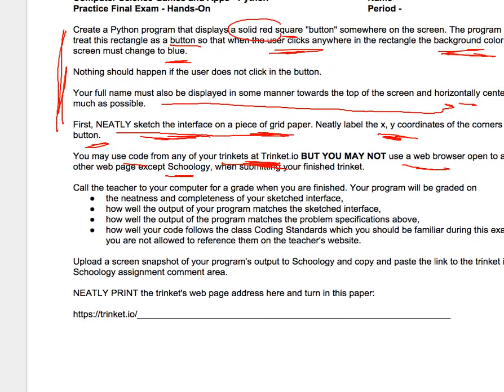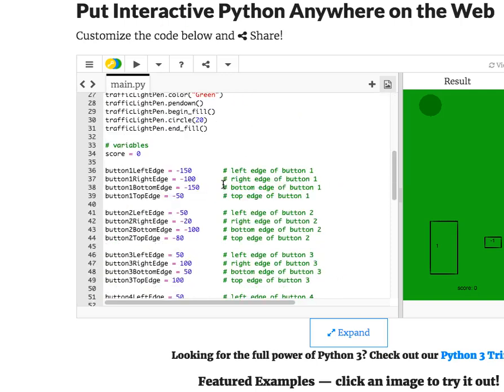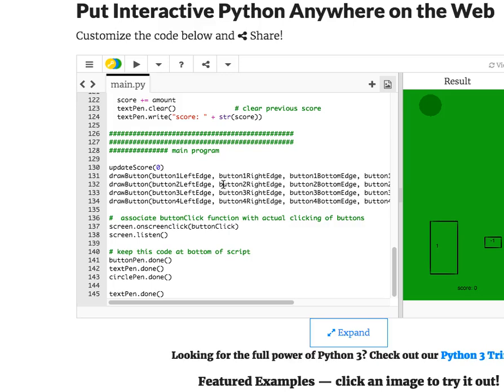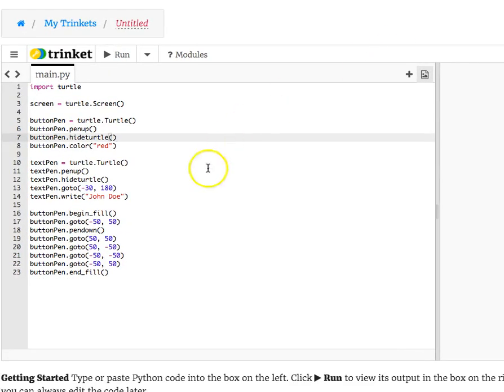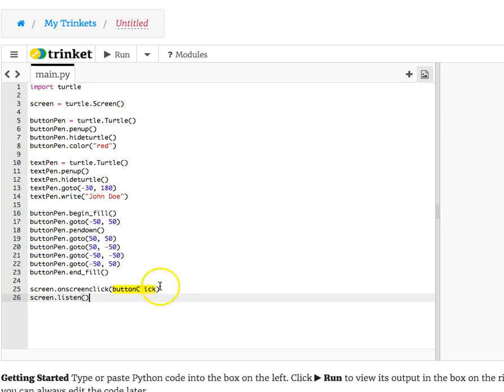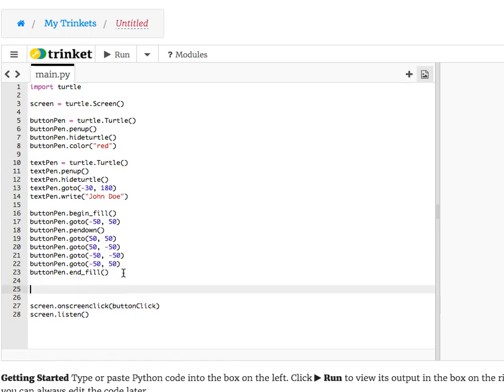So when is it clicked? Well, from one of the demo programs that we learned earlier this semester, this one right here, you can have these two lines of code, which I'm just going to copy and paste from my previous saved programs, which is allowed on this exam. And somewhere down here, I'm going to paste that in so that when the screen is clicked, a function called button click executes. So I have to create that function called button click,